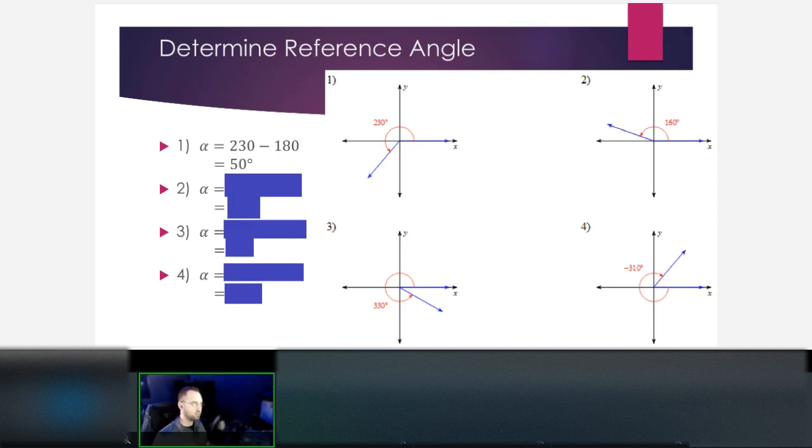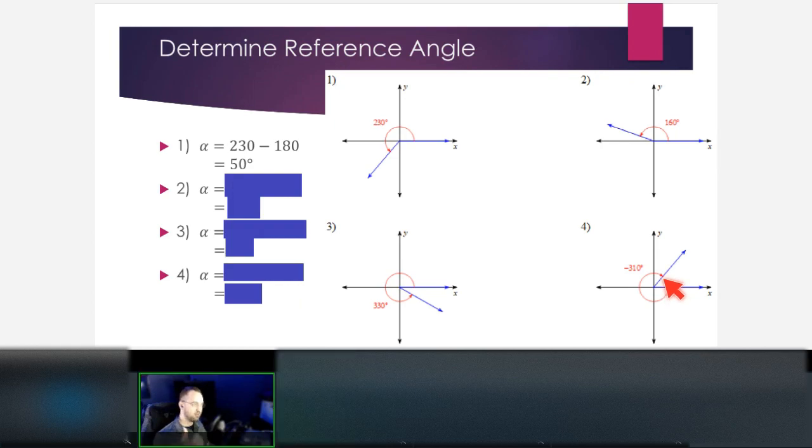You are correct, unless the given angle is a negative degree. Then it's a little different, right? Let's wait till we get to number 4, but I'll just talk about it right now. So if you chose that this is in quadrant 1, but theta is negative 310 degrees, and you said your reference angle is negative 310 degrees, my question is, does this angle right here look like it's